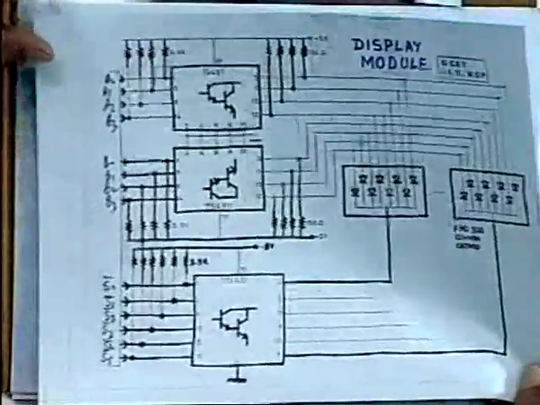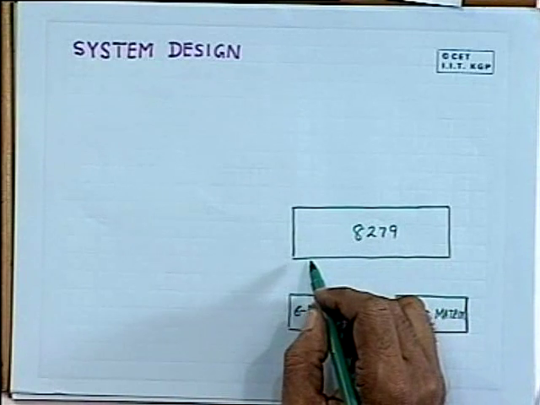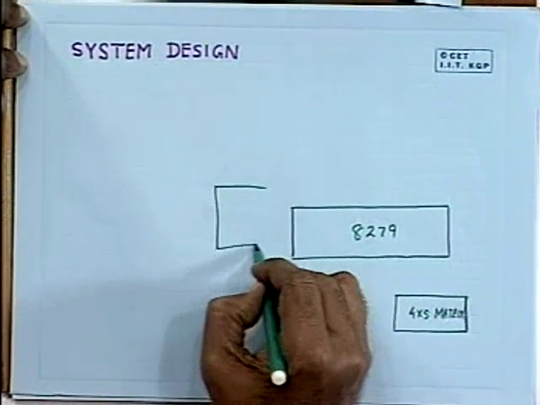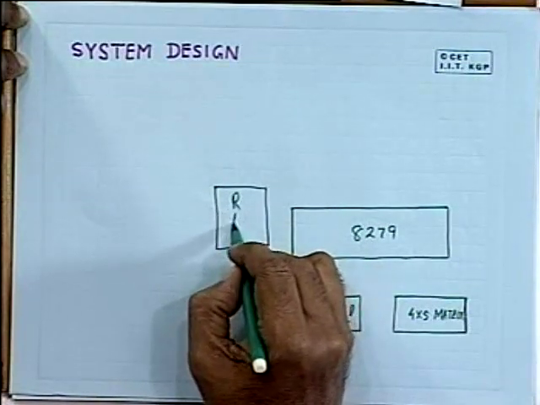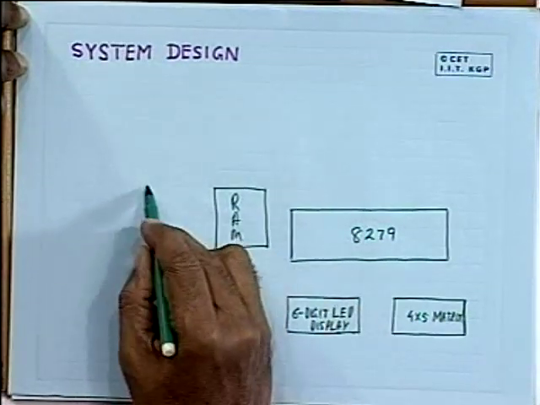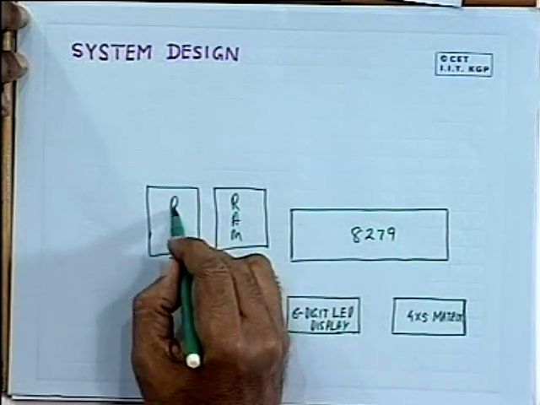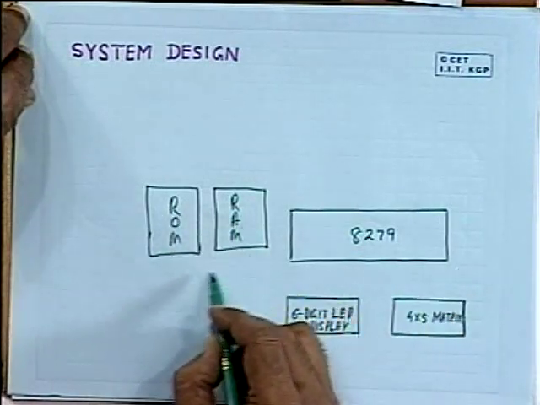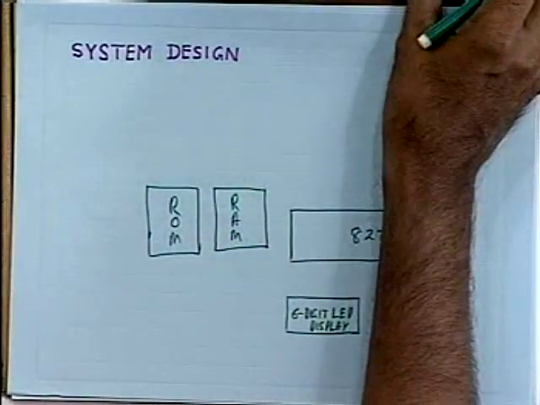Okay. So this is how the keyboard and LED display interfacing can be done to the microprocessor. Now let us focus on the other subsystems that we require. Since this is a general purpose system, you have to interface RAM as well as ROM. RAM and ROM interfacing are to be done, and in this particular case we have suggested that we shall be using